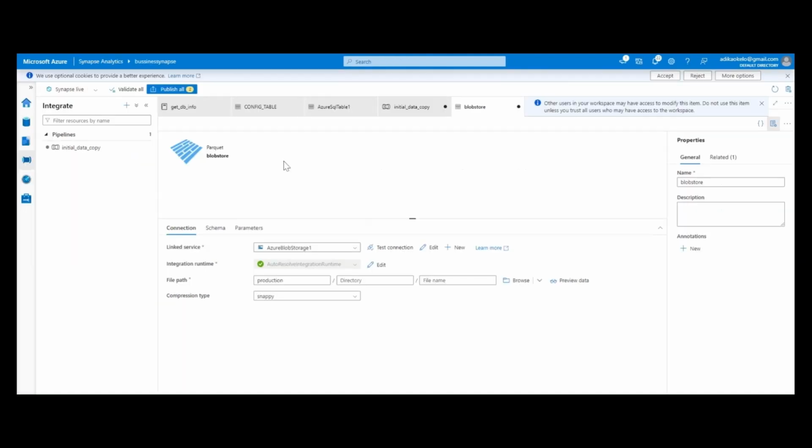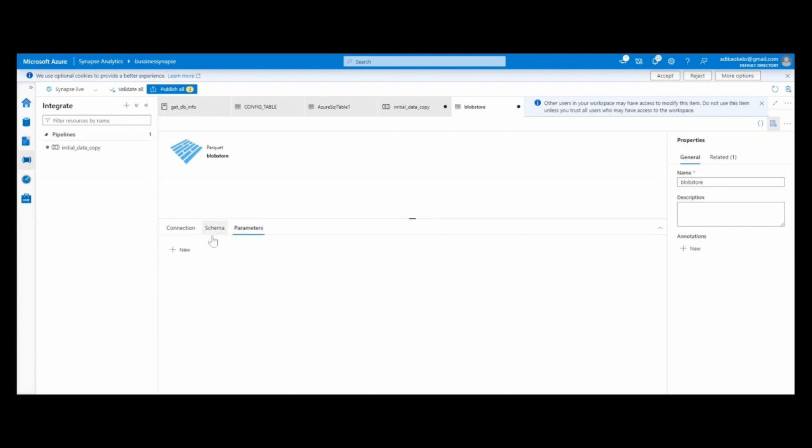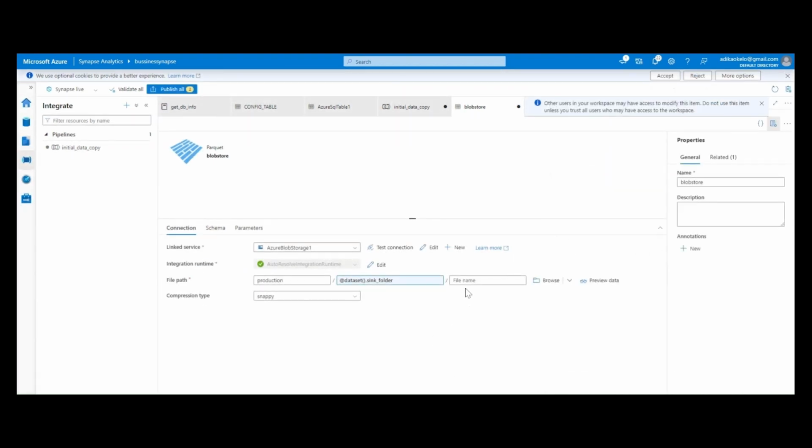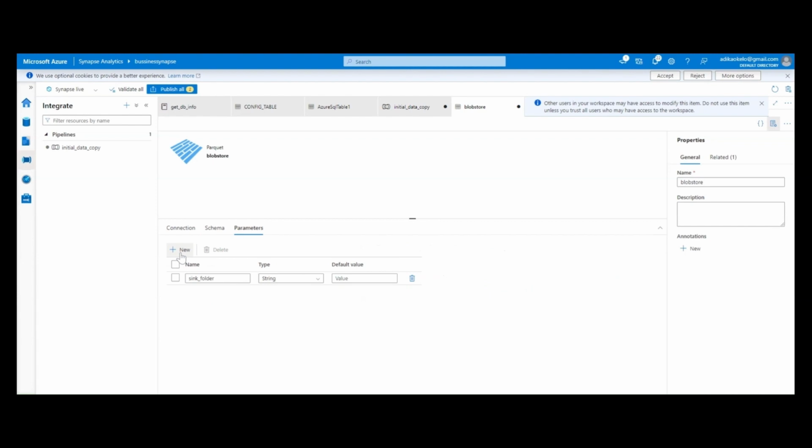To remove this, we need to specify the directory and maybe the name. Do this manually and then just say transport. But because we want this to be dynamic, the best way would be to add a parameter and say sink. Then instead of transport, we'll just select sink folder. And the file name, we can also add a dynamic content and then say